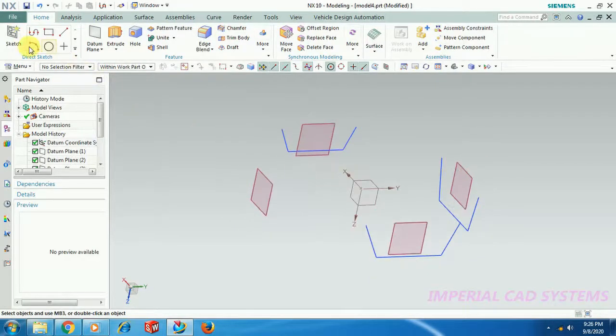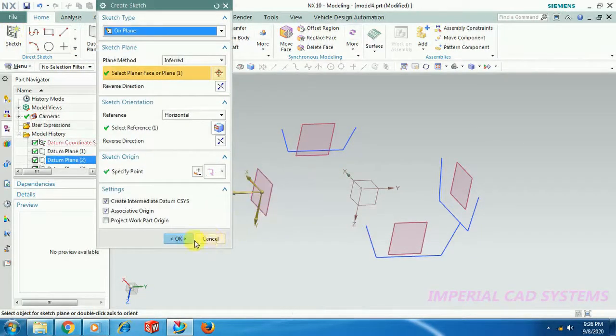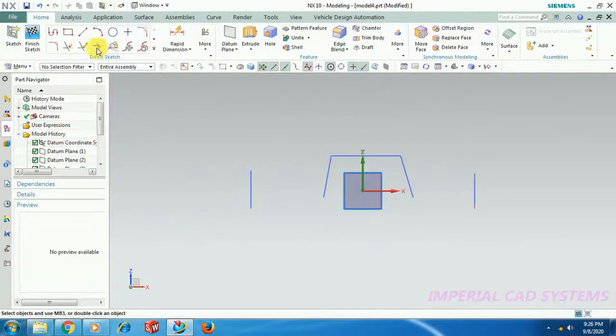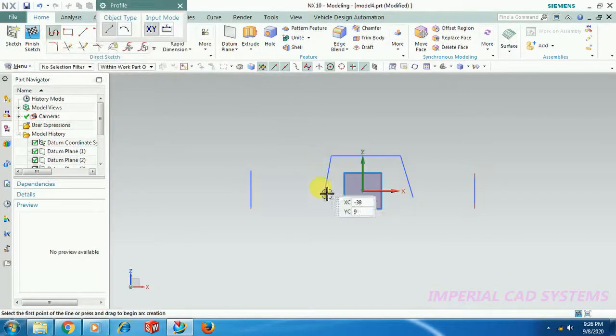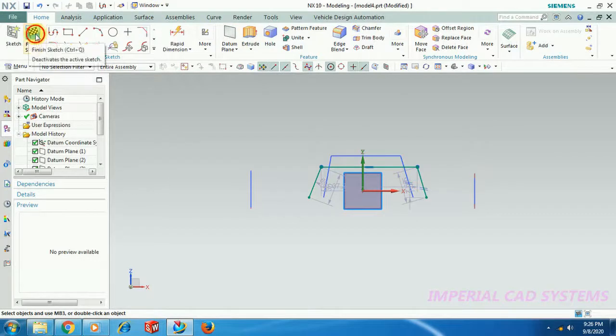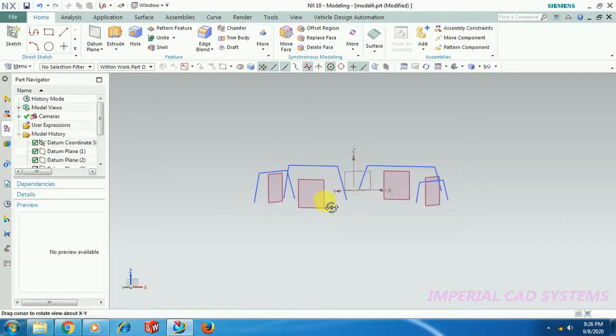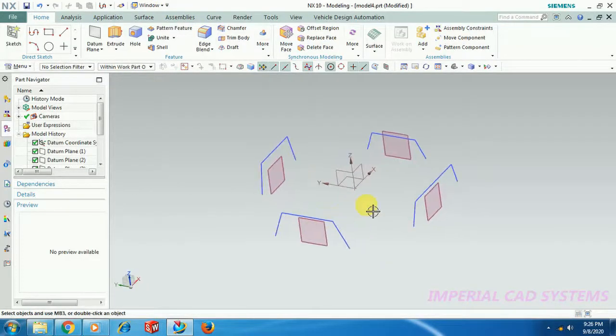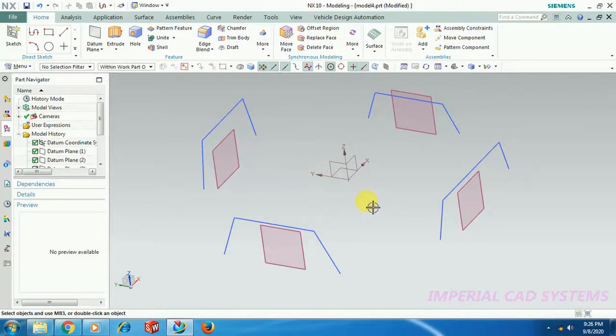Finish sketch. See, it generates a surface connecting all these profiles.